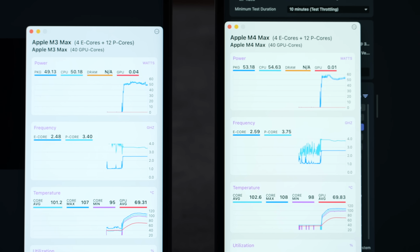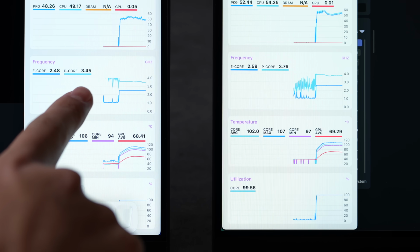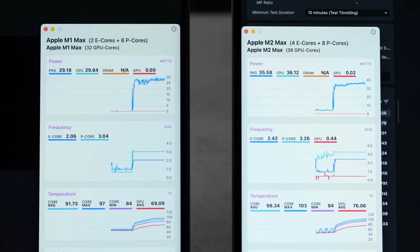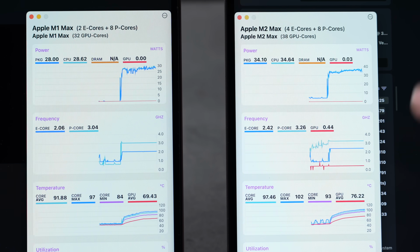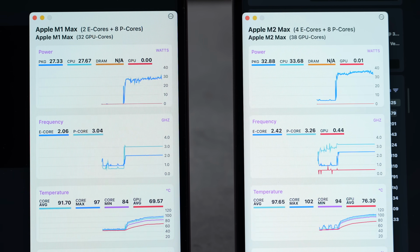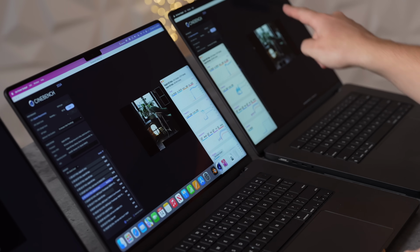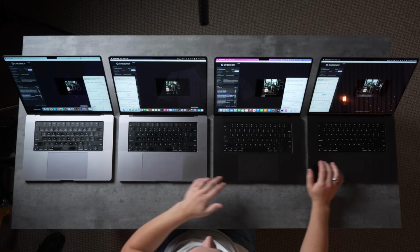It's already throttling. And you could see that in terms of the peak performance core clock speed. We're now down to 3.44 on the M3 Max. We're also down to 3.77 on the M4 Max. While here on the M2 Max and the M1 Max, they're glued to full performance, 3.26 all-core peak clock speed on the M2 Max, 3.04 all-core on the M1 Max. And the fans are going nuts over here on the right side. Look at that, 4,700 RPM, 5,000 RPM, while the two on the left are very silent, only like 1,500, 1,700